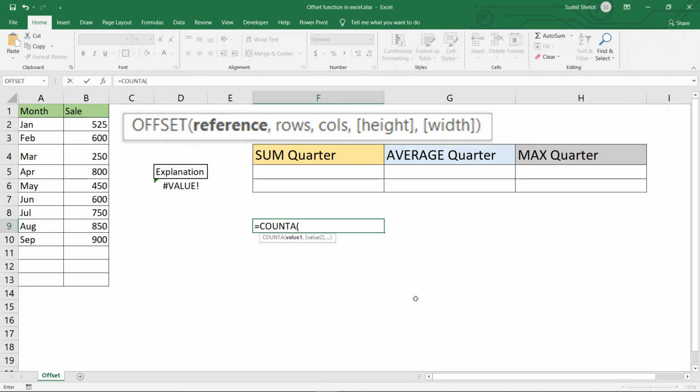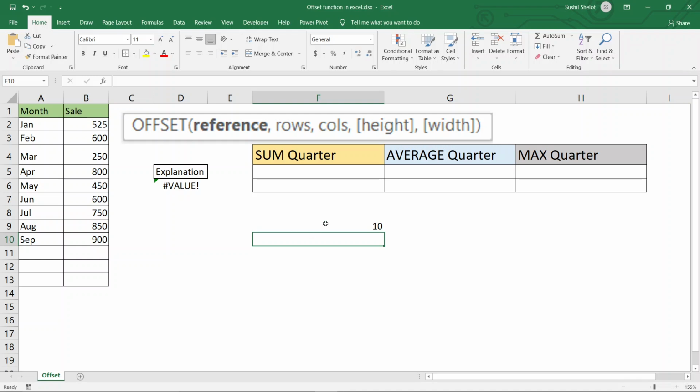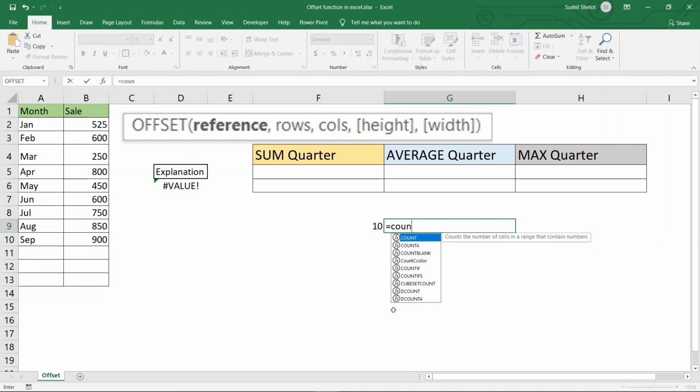So when one says COUNTA, it returns the count of non-empty cells in the given range of the database. Now when I say COUNTA and I choose the cells from B1 to B10, by default it will return the value 10, because there are 10 cells. The first cell is a text value and the remaining 9 cells are numerical values, so a total of 10 is what it returns. Now either I choose to give this range this way, or I choose to give the range, say COUNTA, and I opt to choose the complete